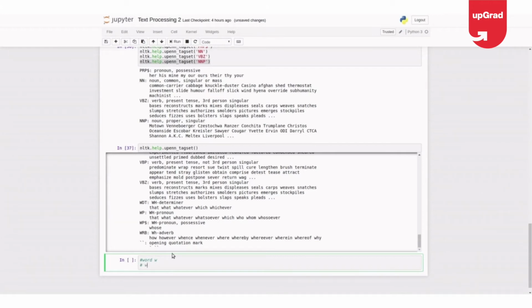There's something like word 1, your word W, and word 2, and there's one more phrase like word 1, W hash, and word 2, and again there is word 1, W double hash, and word 2.